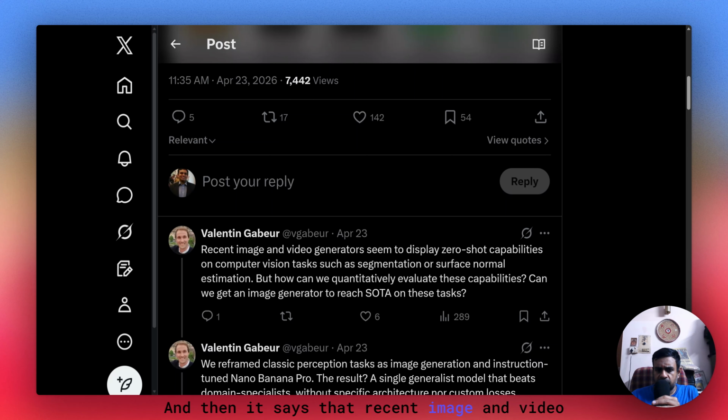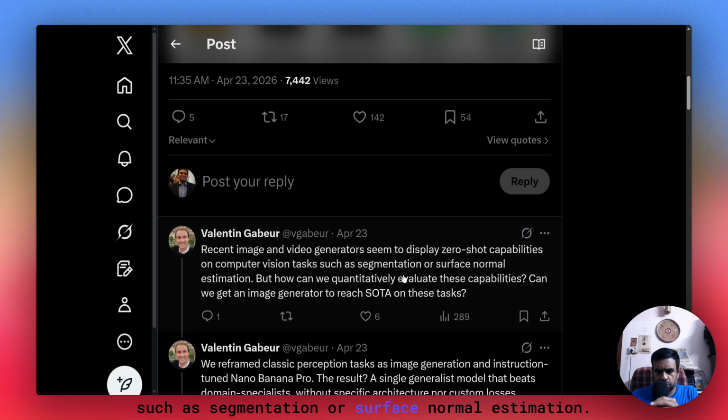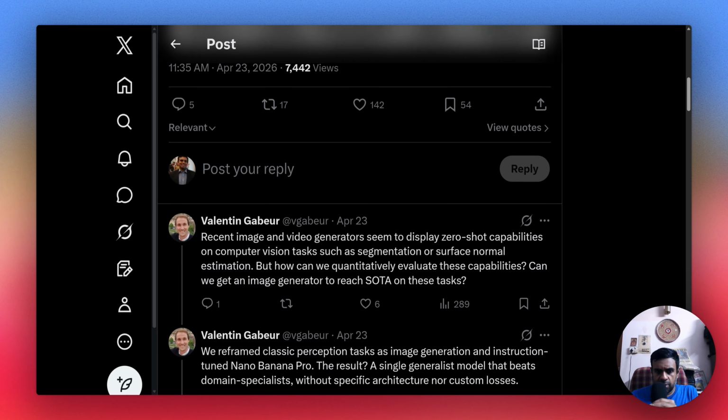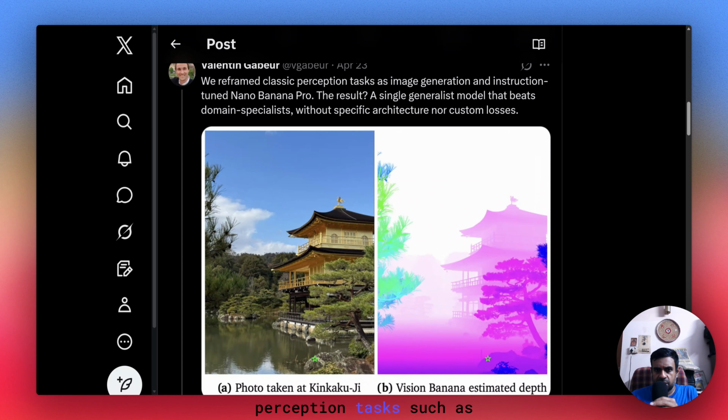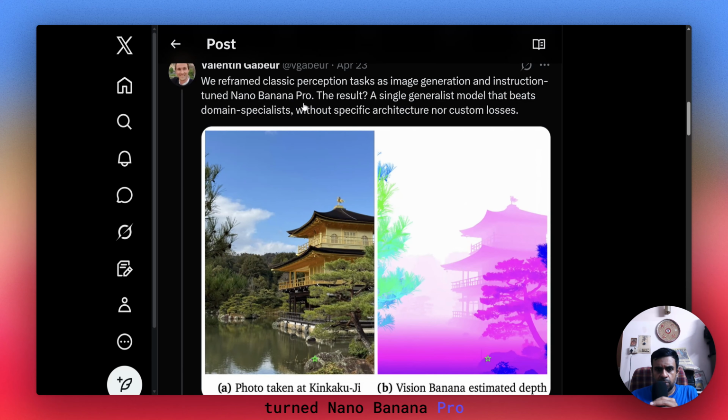And then it says that recent image and video generators seem to display zero-shot capabilities on computer vision tasks such as segmentation or surface normal estimation. But how can we quantitatively evaluate these capabilities? Can we get an image generator to reach state-of-the-art on these tasks? Then it says that we reframe the classical perception tasks as image generation and instruction-tune Nano Banana Pro. And what they got was a generalist model that beats domain specialists,